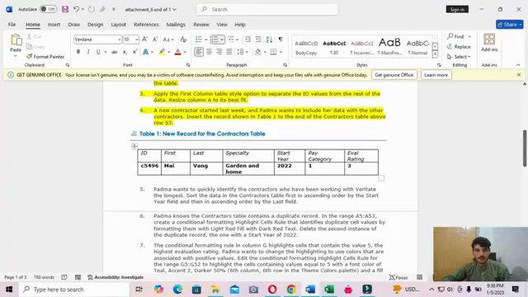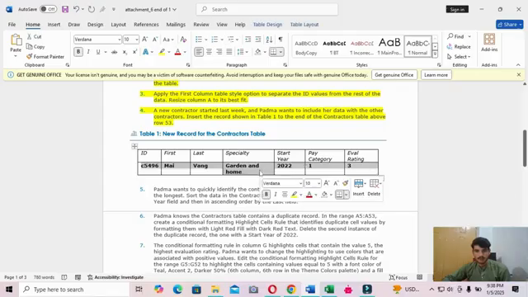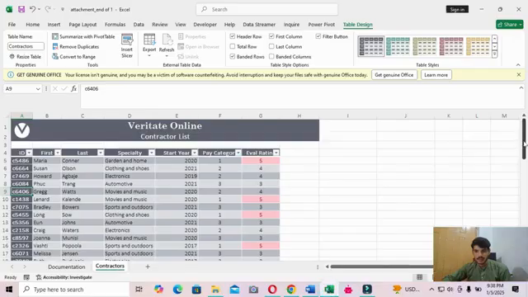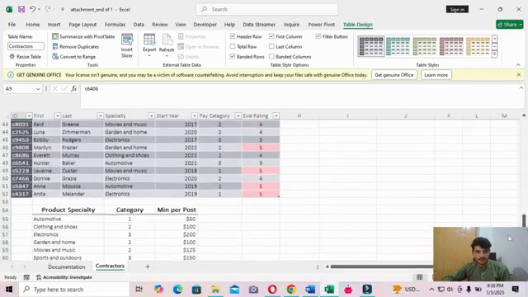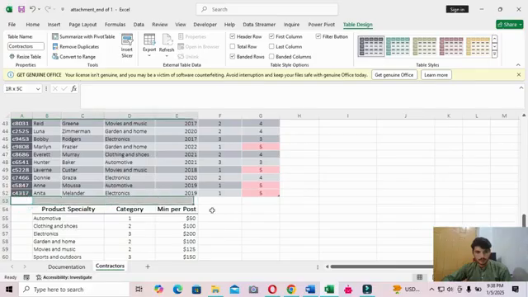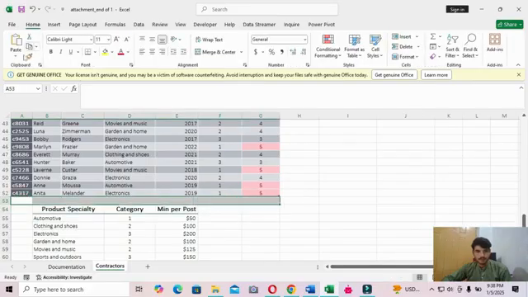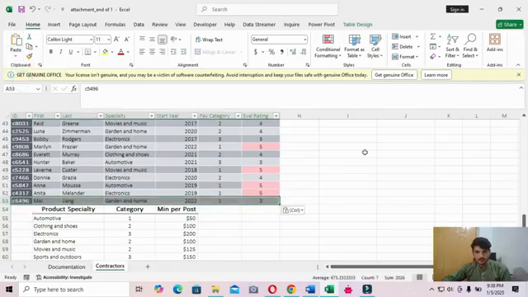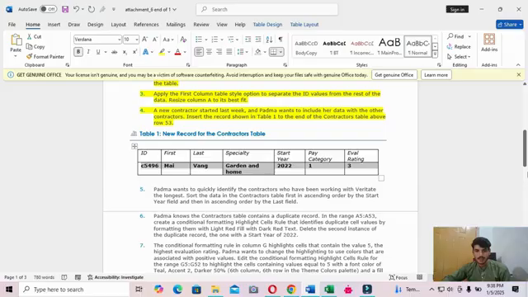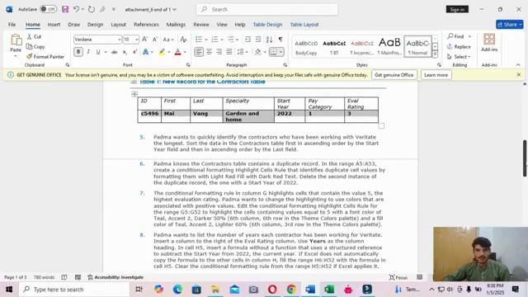Okay, copy all the values and then paste them at the end of the table. Okay, next step, Step 5.